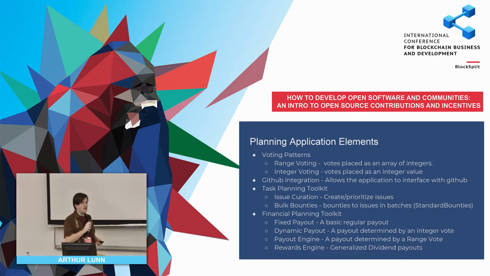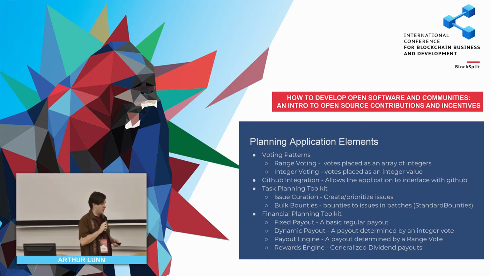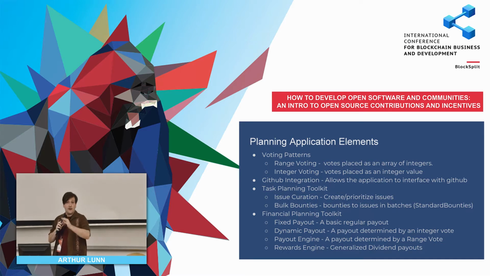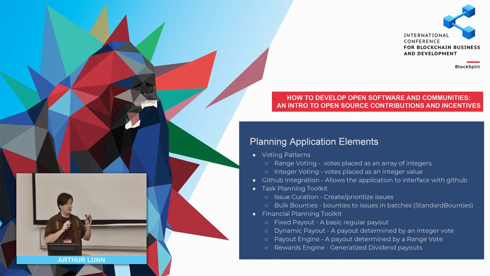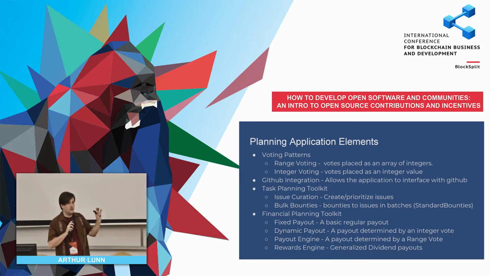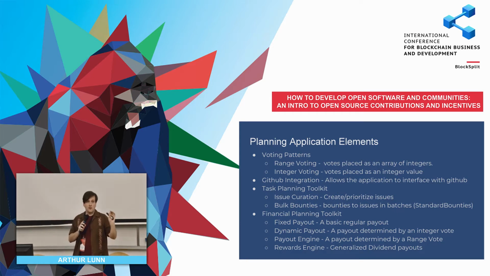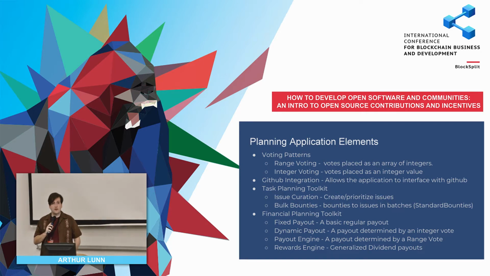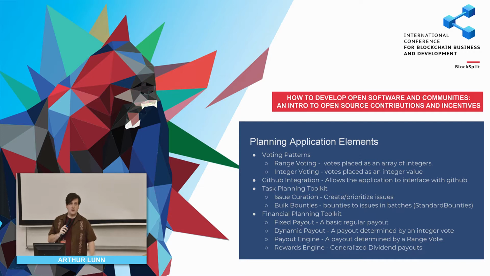So we're expanding some of the basic voting patterns that they have. We're doing range voting, which will let you, instead of doing a yay-nay vote, choose from a set of options. The way it works is you distribute your full token weight of whatever voting token you're using among those options. So it lets you have some output from your voting application, which within their system, you then forward into whatever you want to be next in the chain.